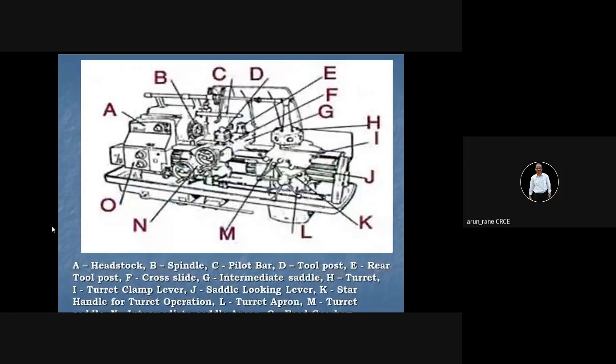See, by this time you should be able to identify. Now this is your turret lathe. See, there is no auxiliary slide, which you had seen in the last slide. The turret is directly mounted on this slide, the guideways. So this entire assembly moves like your tailstock. Understand? So that's why the tools mounted in this turret are rigid. There is no vibration. Right? So this can be used for heavy jobs or for heavy machining as well.